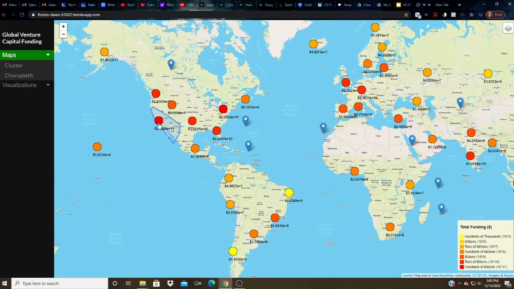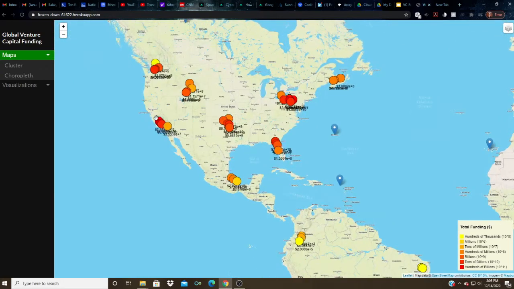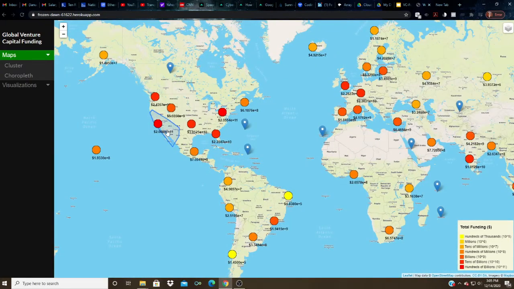But then if you look at like a really heavy startup area where there's a lot of funding and a lot of startups, like the West Coast, or it's not the full West Coast, but if you go into California, this region that's highlighted, it's about 2 times 10 to the 11th. So if we look at this chart, that's $200 billion of funding going right into this region. So it shows southwest United States, but it also includes San Francisco, Nevada,